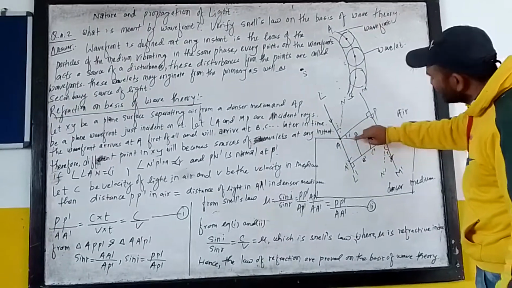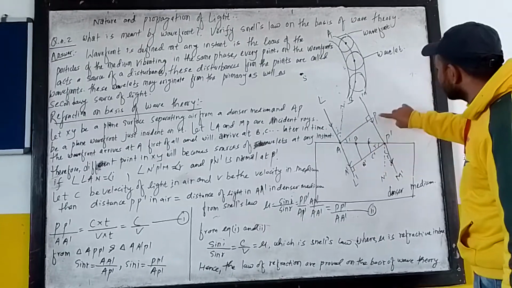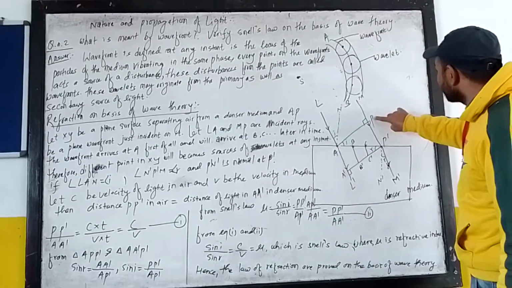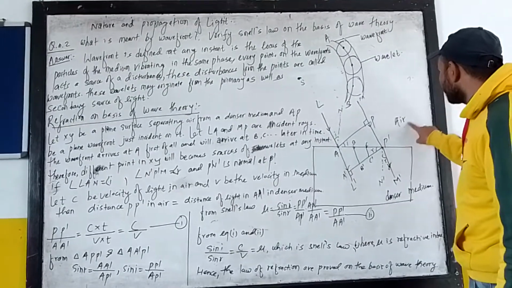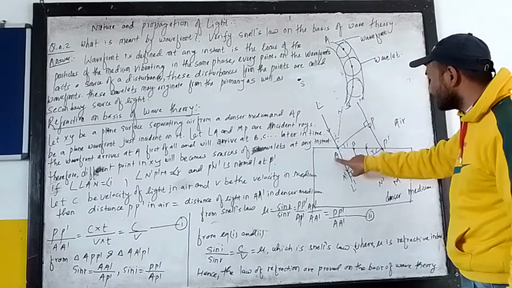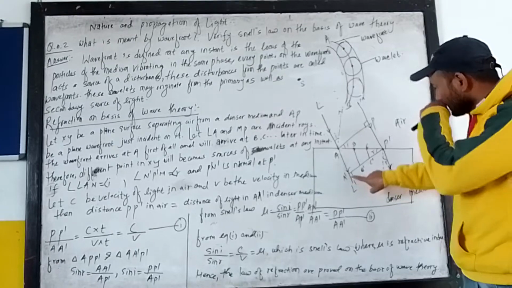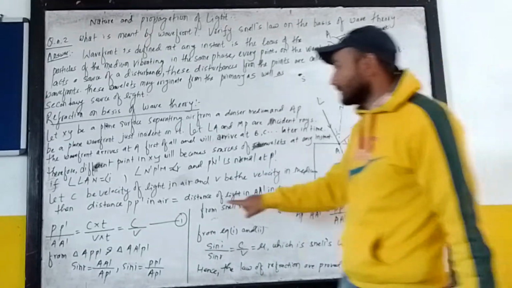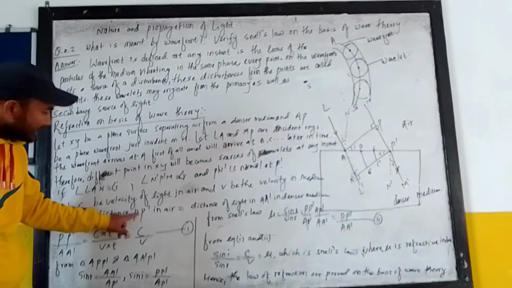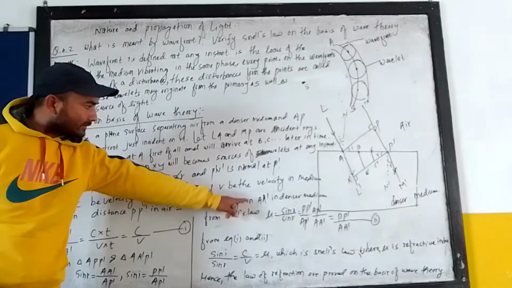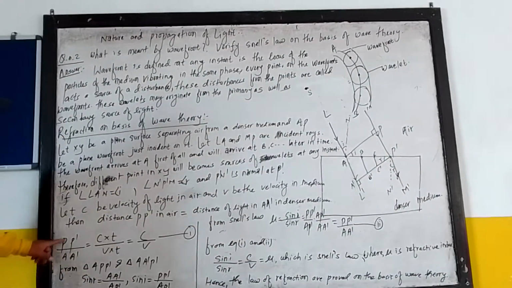The two are equal. Look from here: when the disturbance shifts from A to A dash, the disturbance also shifts from P to P dash. The distance traveled in air is P dash, and the distance of light in the medium is A dash. So the distance P dash in air is equal to the distance of light A dash in the denser medium, and when you divide P dash by A dash,